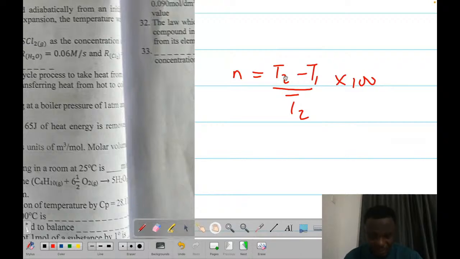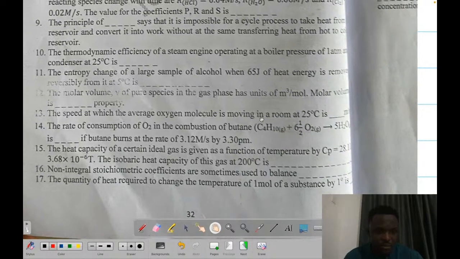Convert it to Kelvin. Whatever the T2 is, you subtract it from the T1 and divide it by the T2 times 100. That becomes the final answer. Okay. Now,